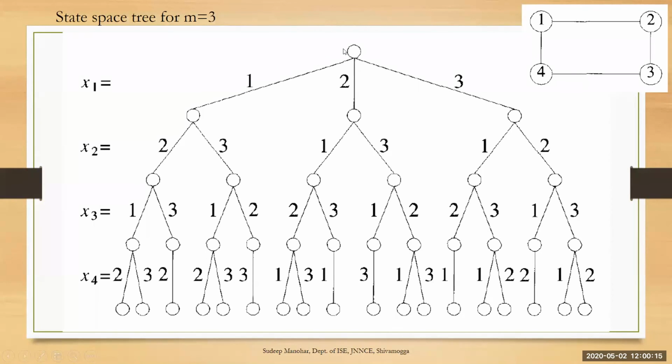Now let us start this. So it is the initial position. Start by writing this node. It represents vertex number 1. Always the vertices are considered starting from 1 till n. We will consider vertex number 1 first. So x1 tells which color we are giving, whether it is colored with 1 or 2 or 3. There are 3 options. So first we'll write x1 is equal to 1.